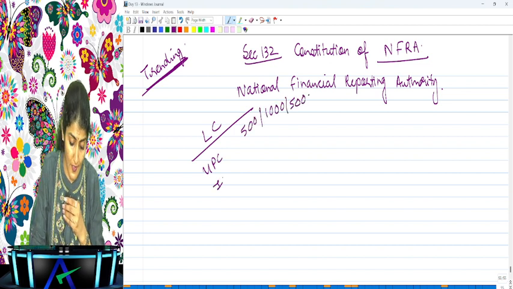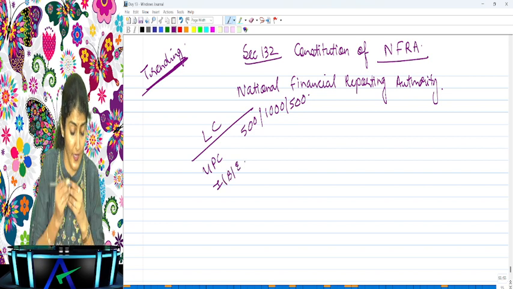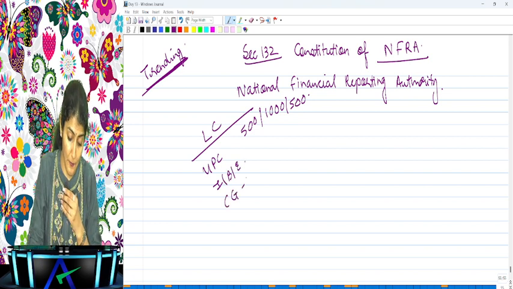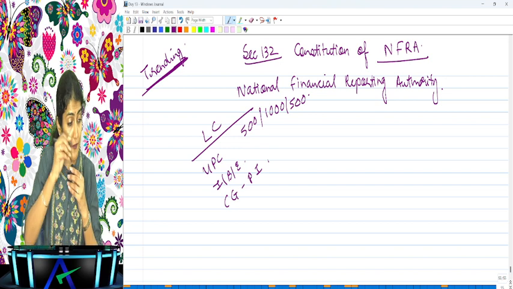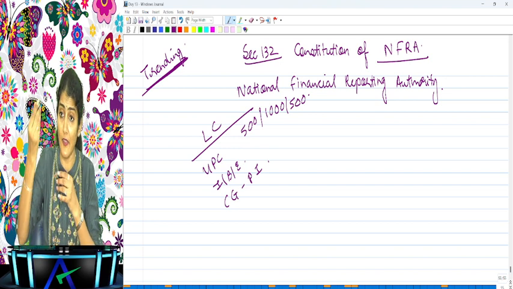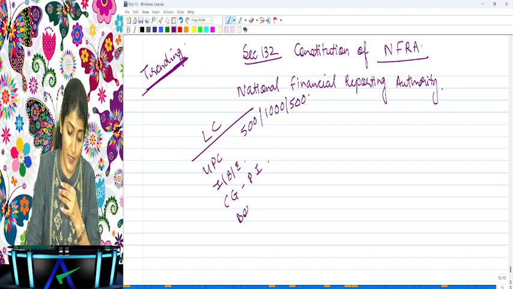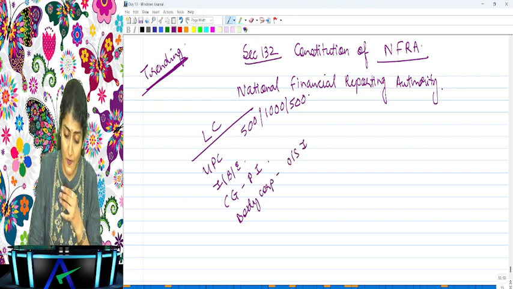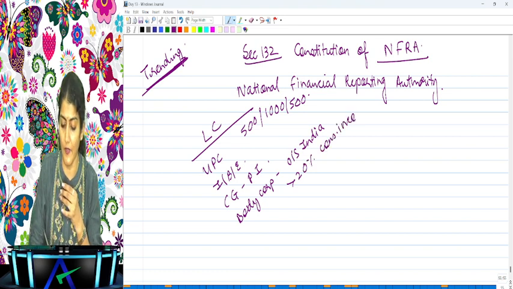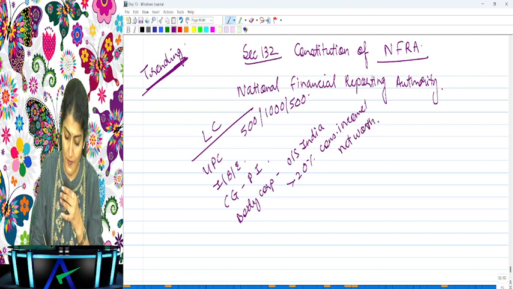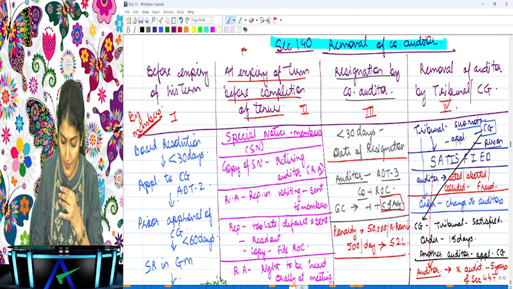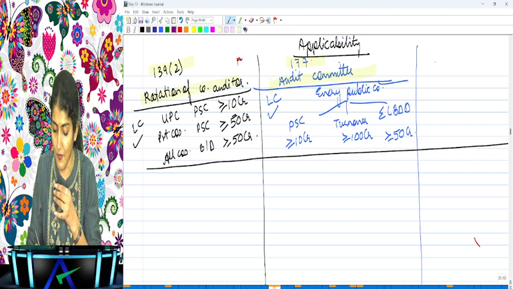Then what does it say? Insurance, banking, and the electricity supply, where any company where reference has been made to the NFRA by the central government in the public interest. And what does it say? Any body corporate which is incorporated outside India but which contributes more than 20% of the consolidated income or the net worth. Are you able to follow this? Okay, right. So is that one more list of applicability out of the applicabilities that we were studying today?